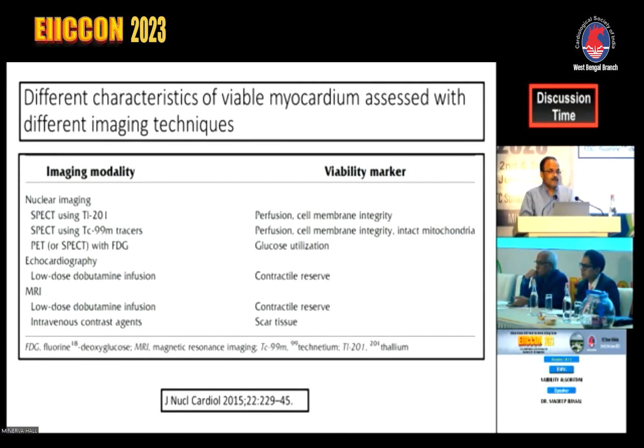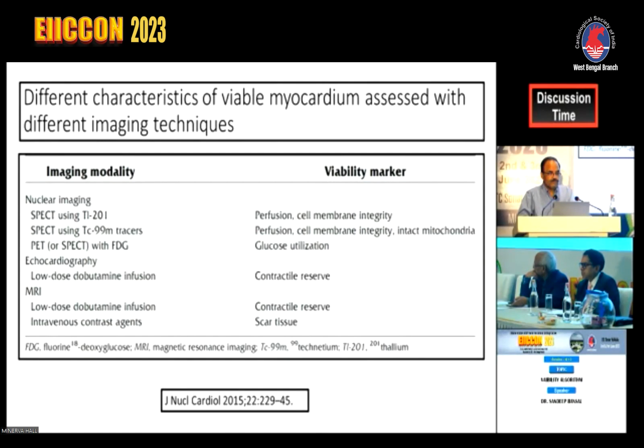And the PET scans use the change in metabolism as the indicator of viability. Echocardiography and dobutamine MRI use contractile reserve, and the plain MRI uses the presence of scar tissue as a